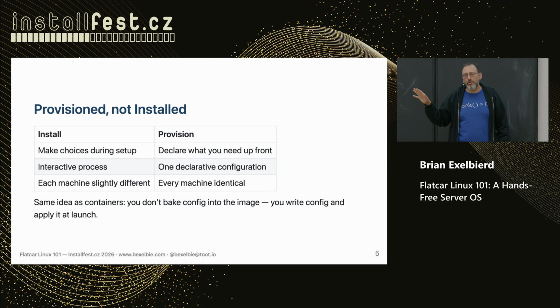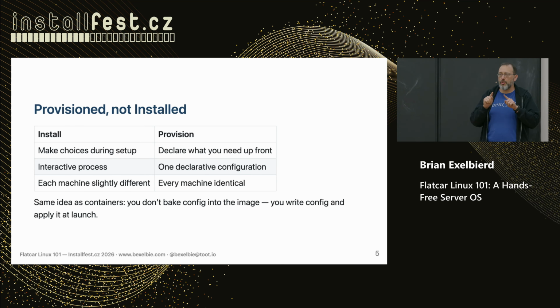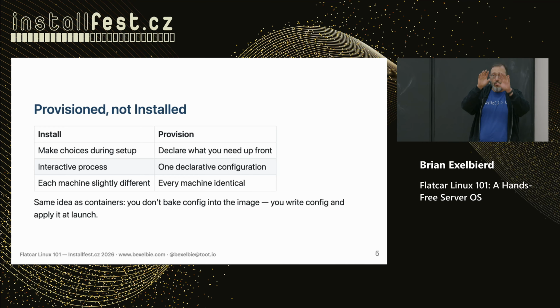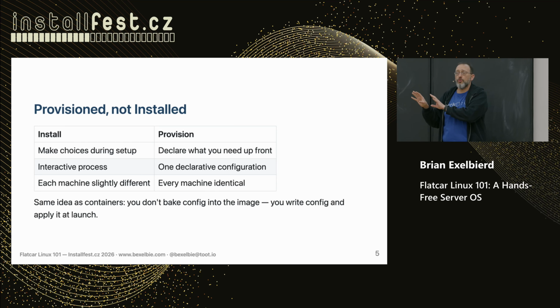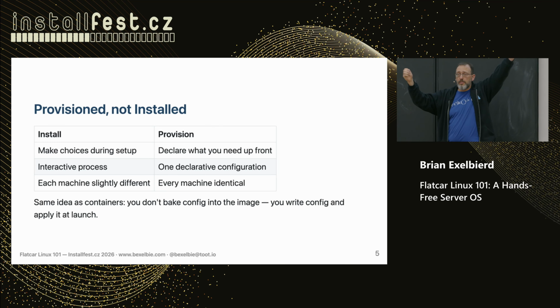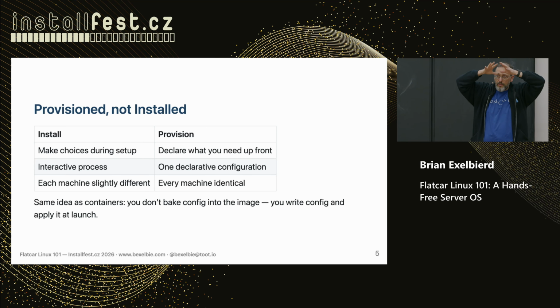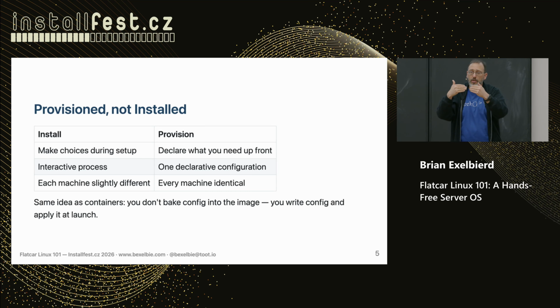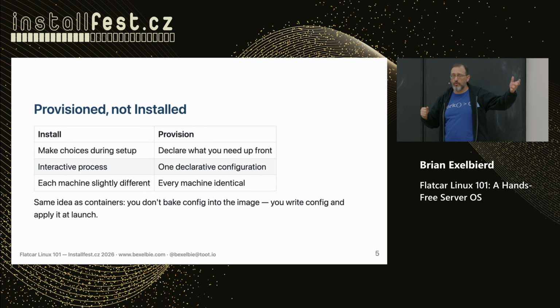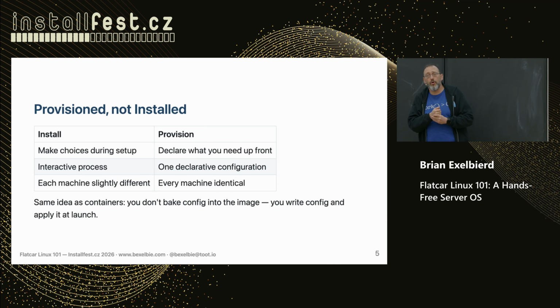But when you provision a machine, you do it differently. You write a specification for what the machine should do, exactly what it should look like and what workloads it should run. You give that specification to a provisioner, which will get an operating system, smash the two together and config it, and first boot it. And the machine you are delivered is running the workload and in production. You can use provisioners in public cloud, virtualization, everywhere. But the point is you wrote just a specification. For Flatcar, that specification is written in a YAML called Butane.